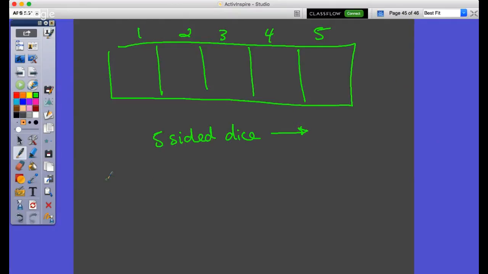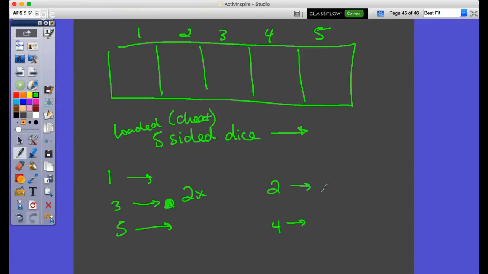So let's say that the numbers 1, 3, and 5 have twice the likelihood. This is a loaded die, meaning it's a cheat code. The 1, 3, and 5 have 2 times the likelihood of being rolled compared to 2 and 4. So how do I figure out the probability in this model for that? Well, if I say it's 2 times, think of this in terms of for every 1, 2, and 4 get,